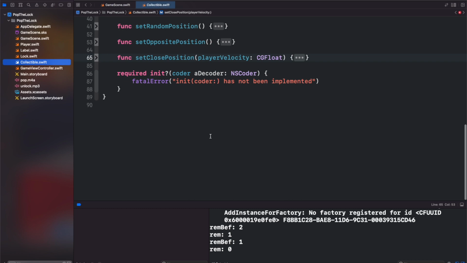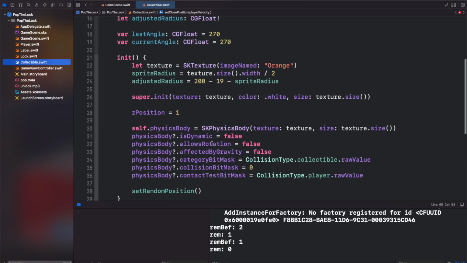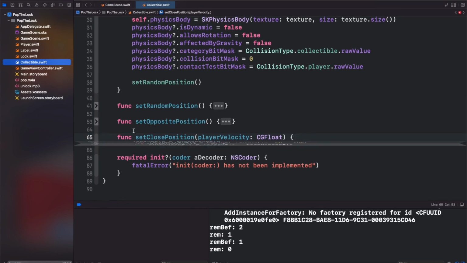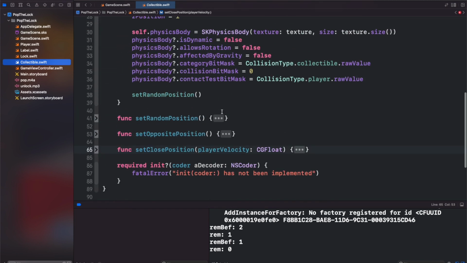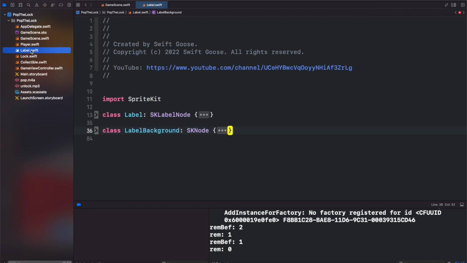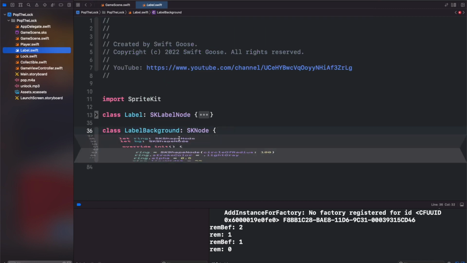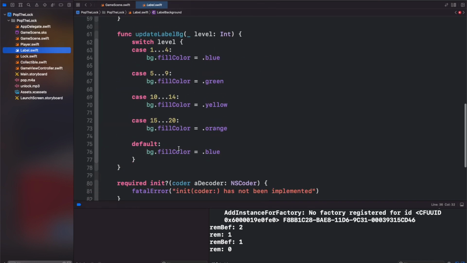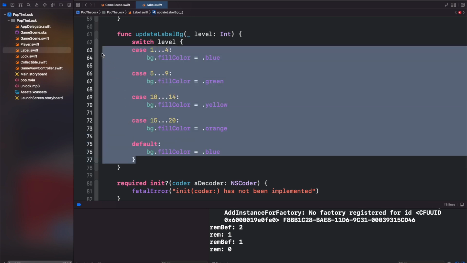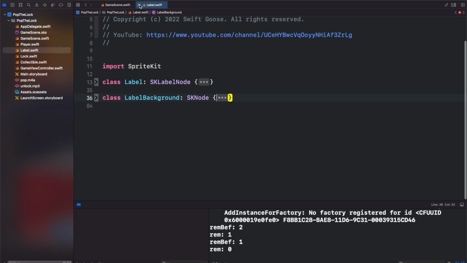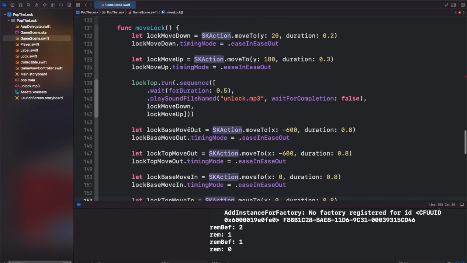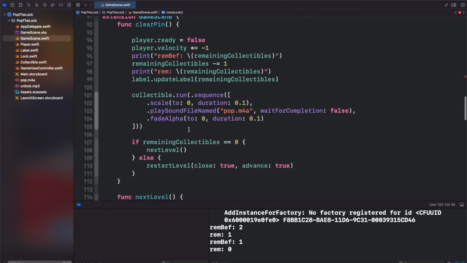I believe that was in set close position. No, that was not in the collectible file, that was in the label. So let's go to our label background and just copy all of this. Minimize it again, close our label, and then back in our update function,